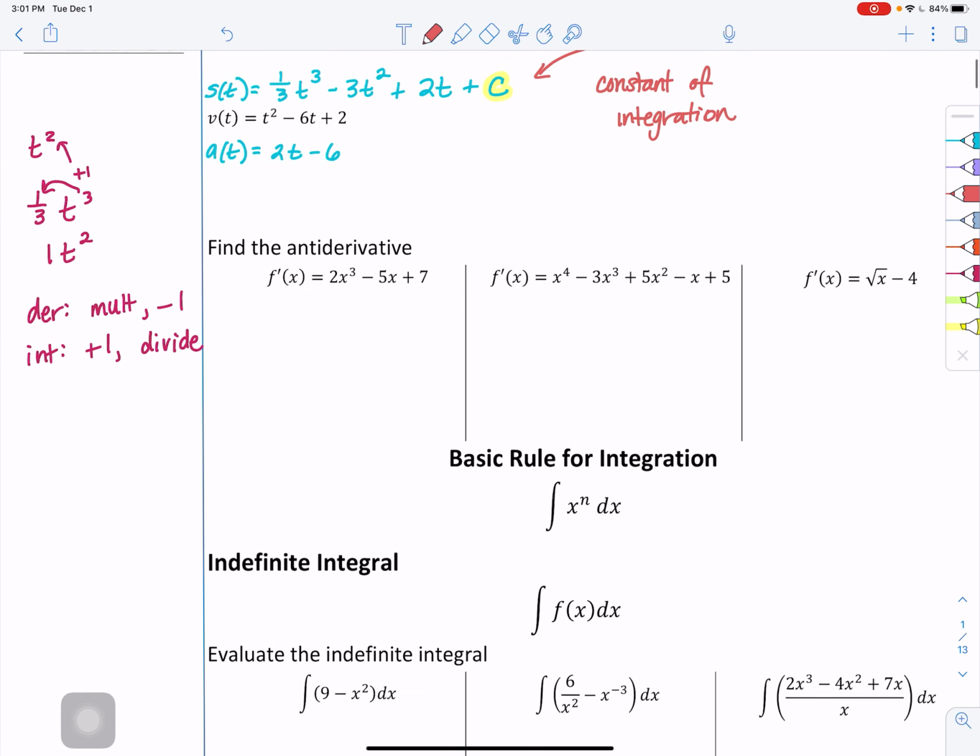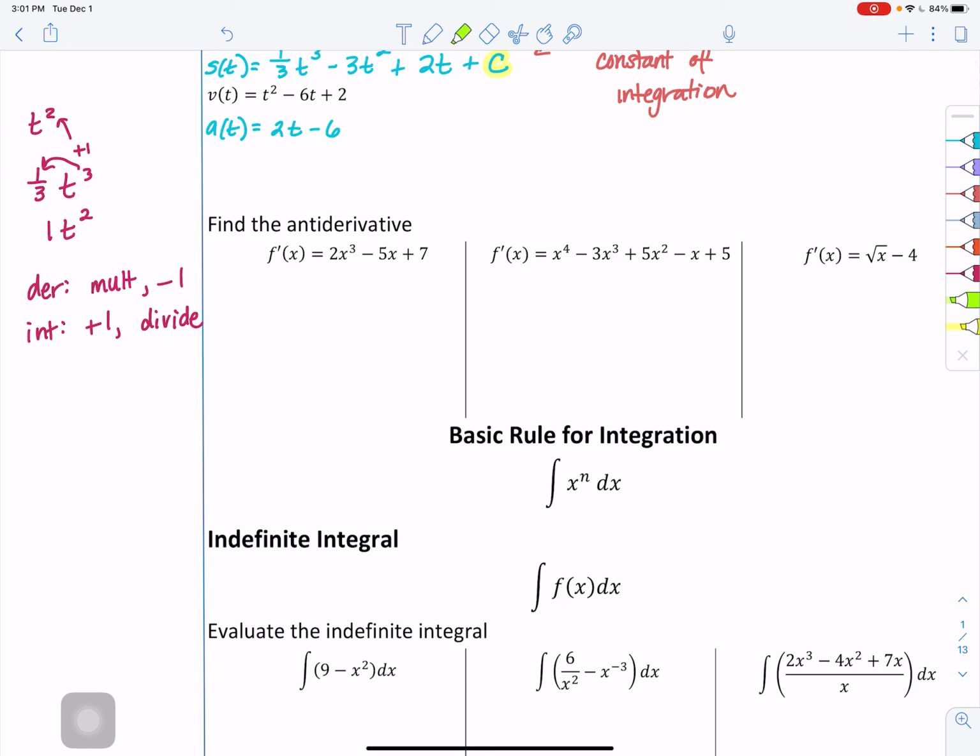Okay, so let's practice. Remember, we are adding 1 and then dividing, going backwards. Actually, what they call the inverse operation of finding a derivative. So let's also work on our notation. They gave us f prime of x. So now we are going to write f of x. So add 1 to this 3 and you get a 4. 4 times 2 is 8. So 8x,